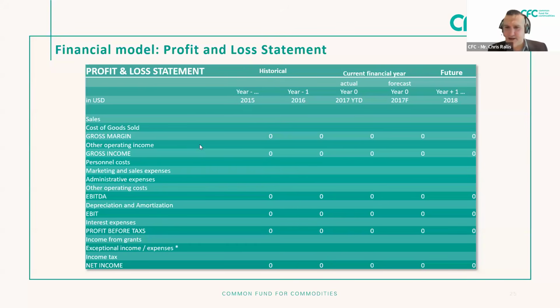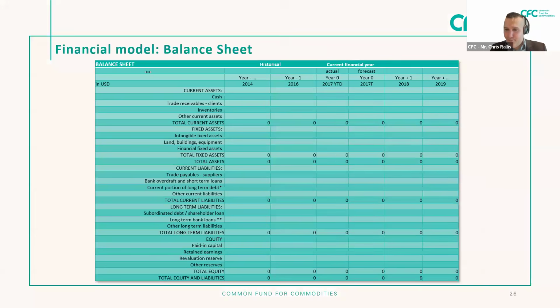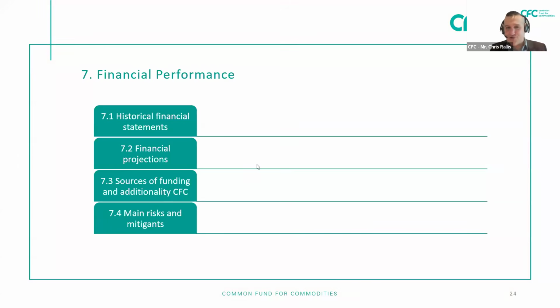No, let's stay on the same slide actually. Section 7.3. I think we covered 7.1 and 7.2. And 7.3 is actually really important. What it is here, sourcing of funding and additionality for CFC. What we ask here is a very simple table that includes the name of banks, investors, or grantors that have provided you with loans, grants, or any type of financing, including, in the case of loans, the amount, the maturity date of each loan, the collateral you used, and also the interest rate you are charging.